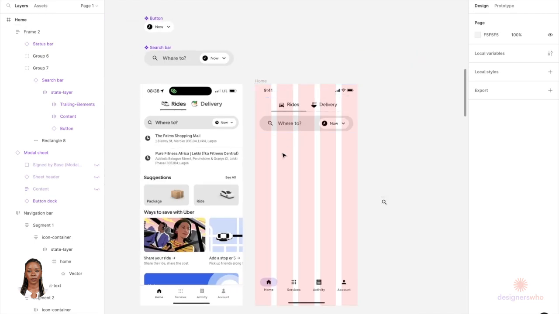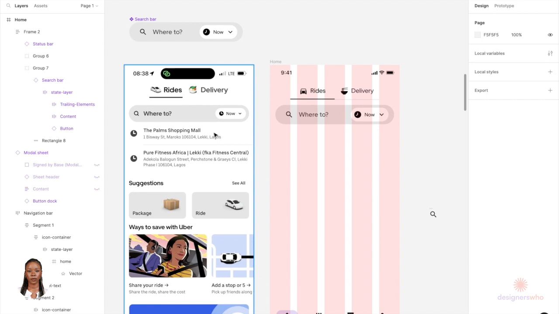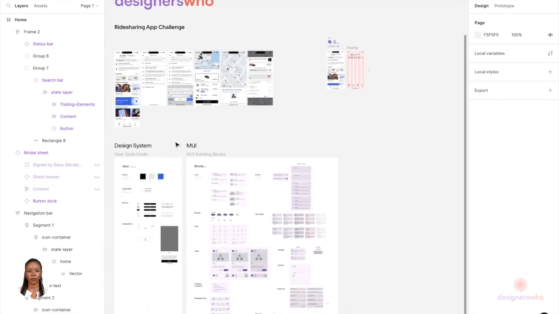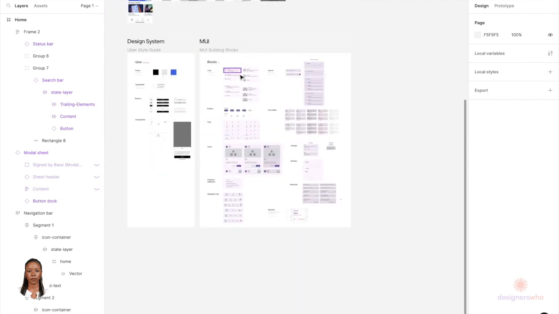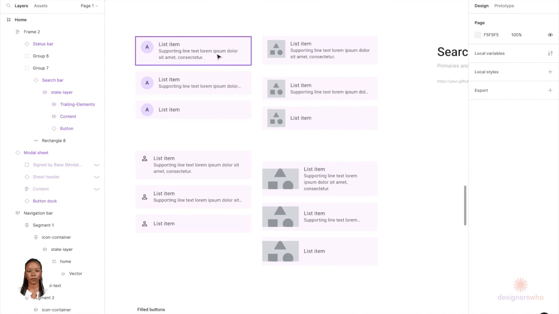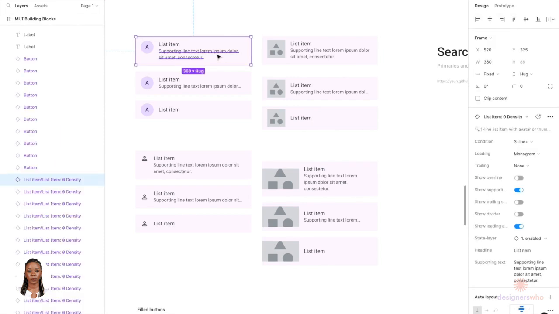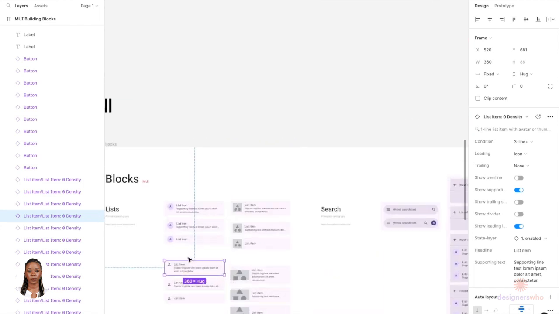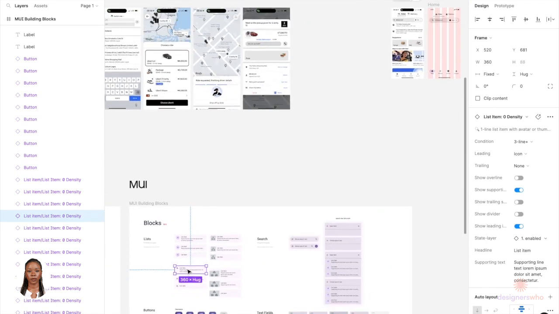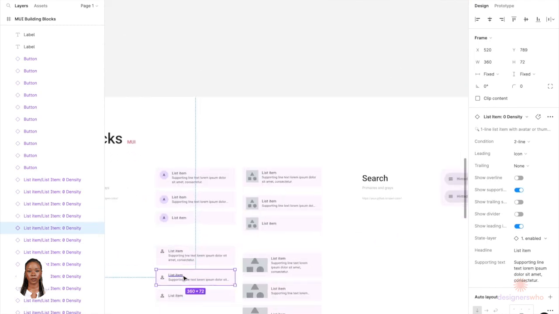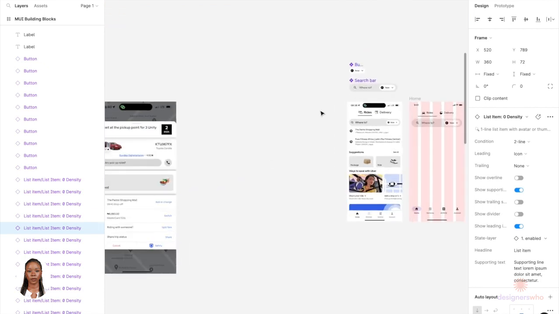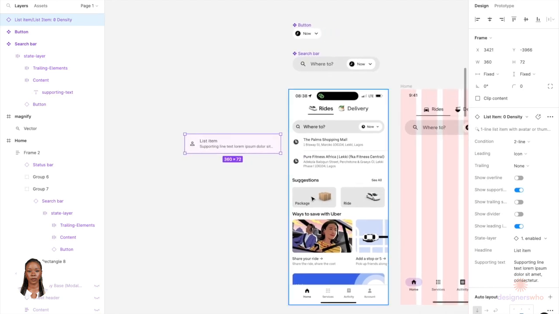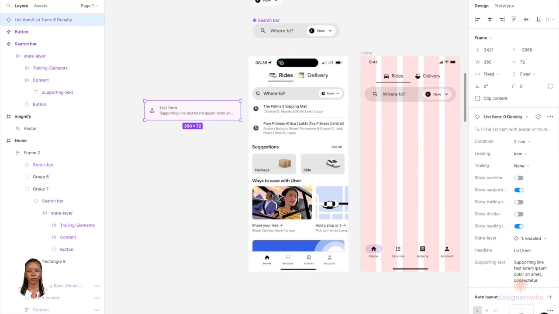So now I want to create our lists. Going back to our MUI, we have some text, we have an icon on the left. Is there an icon and image? An icon, okay. So I choose this one. It's a one-liner. This is for 3 lines. Just copy this, bring it to the top. I'm going to create our components before we add it to our design. Maybe we should just focus on creating all the components and then getting to